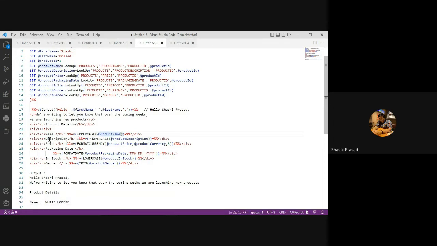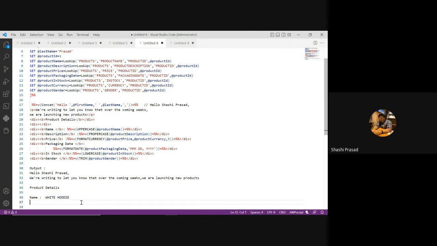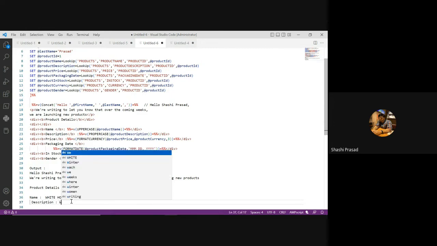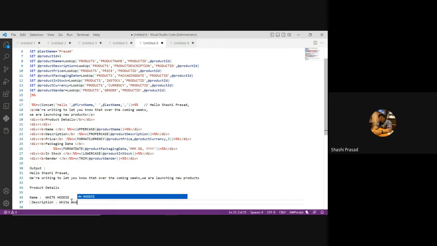So this is uppercase, so it's going to say white 2D. And now the second line, it will be description. Here in the description, this is also bold. I can make it bold. So it will use the proper case for product description. So it will say, let's say, white hoodie for men. Proper case means white hoodie, the first letter will be capitalized, and this is how it will be written. Okay, that's your proper case. Now for price,